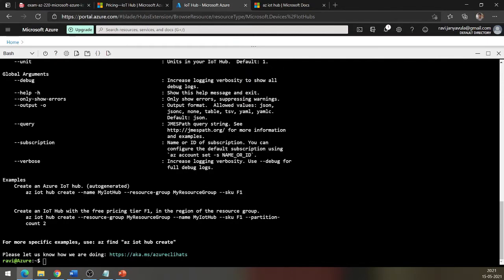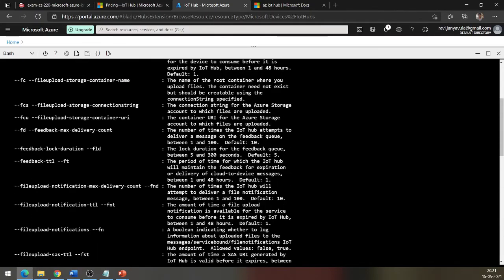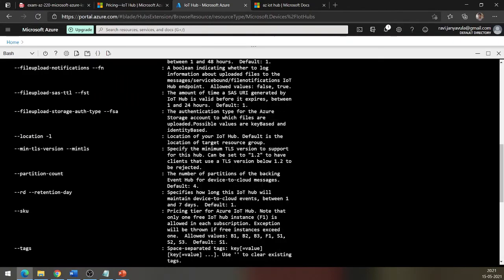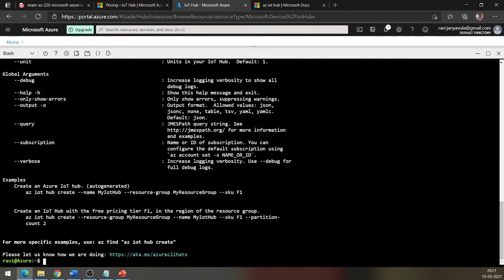The location will also be the current location from which the Azure portal is being accessed. Since I am accessing it from South India, it will be created in South India. You can go through these options and try learning about them.